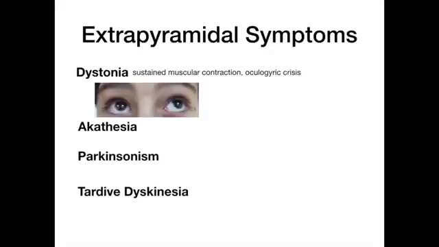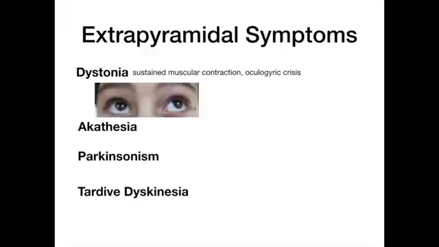The other big one is torticollis. So in the neck, your head gets bent towards the side and rotated away from the muscle that is in sustained contraction, if we're talking about the ipsilateral sternocleidomastoid. So that's dystonia. Typically the first to occur, but again, don't really worry about the timeline.